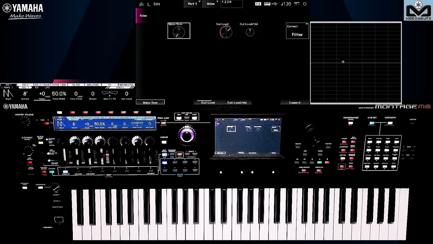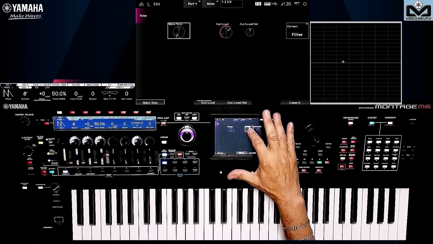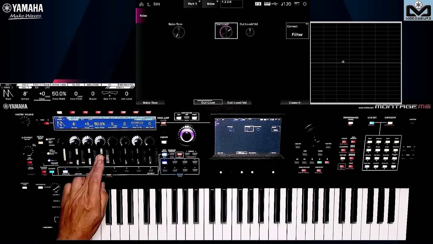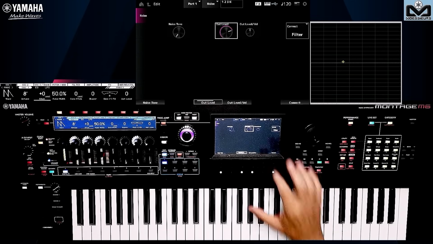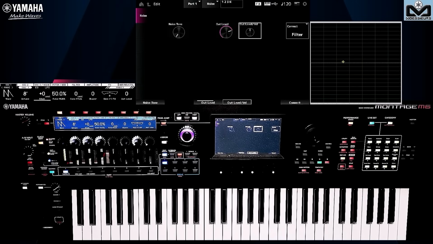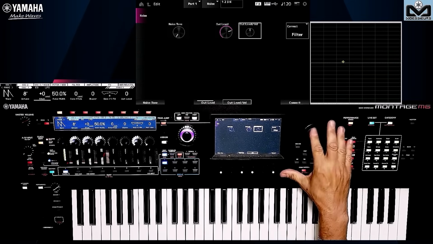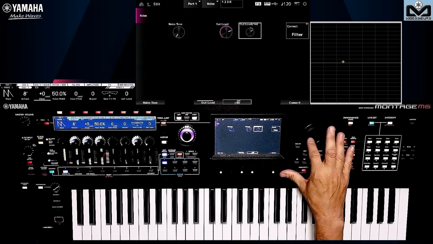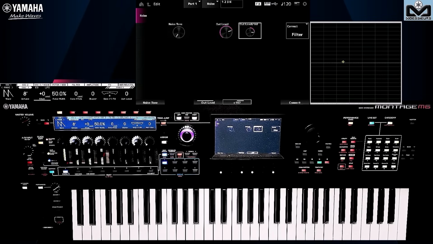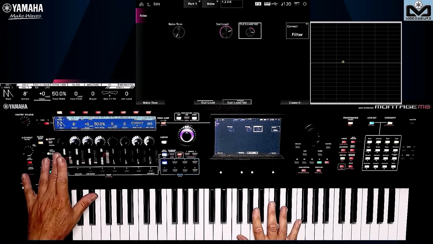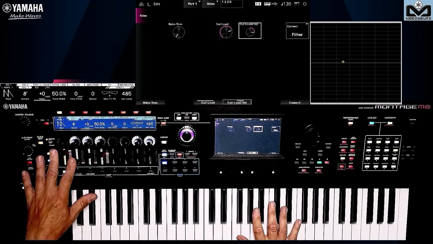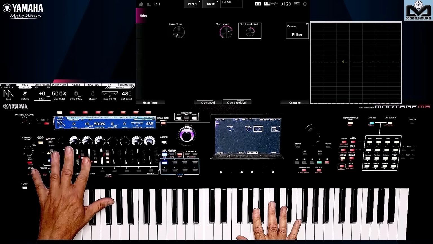Then we find settings that are similar to what we've already seen. Here, the sound level reacts to my faders. You can choose to have the noise remain at a certain level. Velocity response works in the same way as the oscillators. If I move to the right like this, I can choose to have my noise react like my other oscillators. It's important to set the levels like this, because until now, we only had one oscillator.